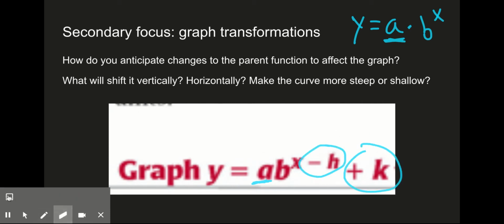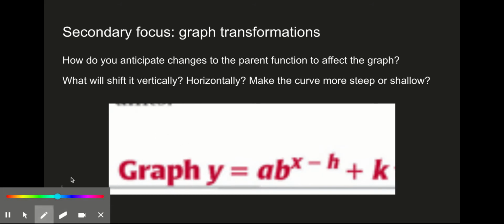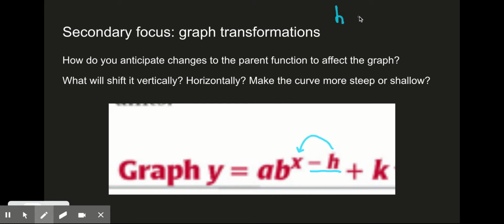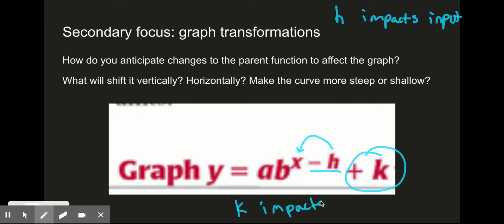How I want you to think about this is the h. Look, it's directly next to the x. So the h impacts input, whereas the k comes at the end. K impacts your output. Now, it doesn't affect my input as in like it changes what I'm allowed to input. No, what I'm saying is